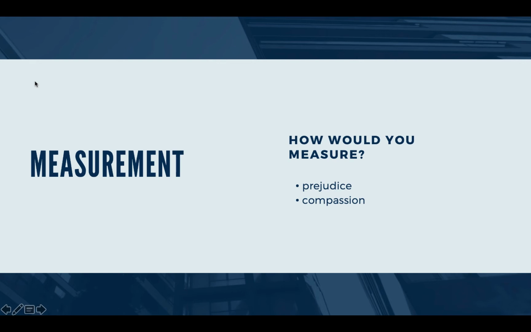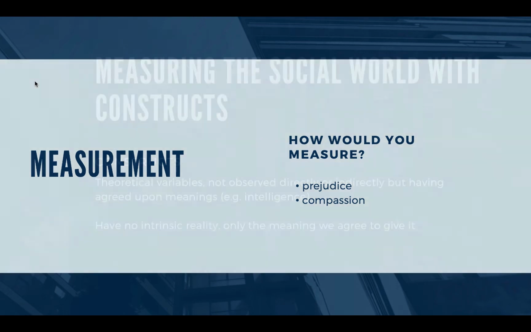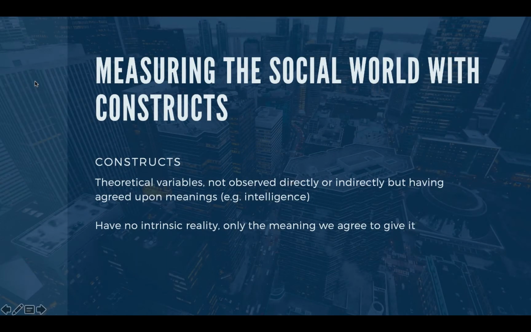How do we measure compassion? Compassion could be altruistic behavior. Compassion could be, do you donate to the Red Cross? Or when you're at the grocery store, do you donate to homeless shelters? Or do you buy meals for friends? Those are various ways in which you can measure this idea of compassion, but it's difficult because people may understand this idea of compassion differently. So why are these variables, prejudice and compassion, a little bit different than age or political party affiliation? It's because they're what we call constructs.